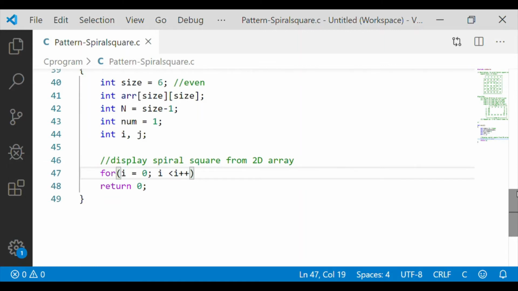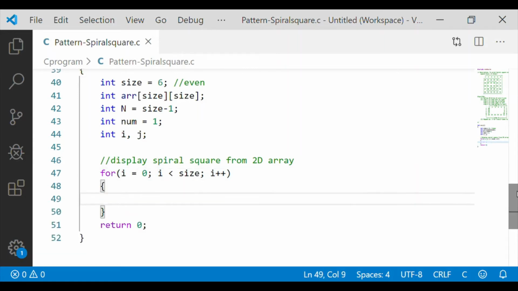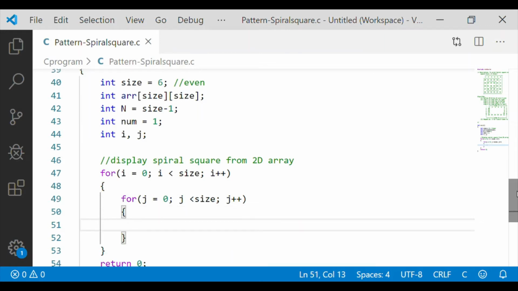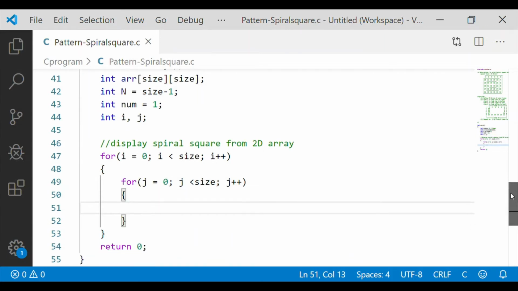And we will start the inner for loop with j running from 0 to j less than size. With each value of i and j, we will start displaying the values in our 2D array.